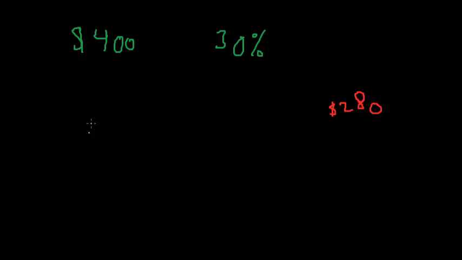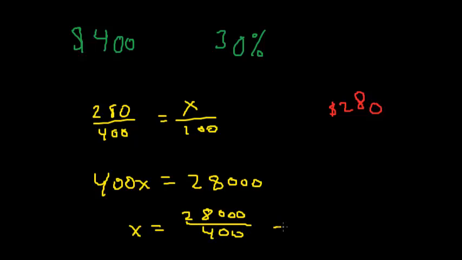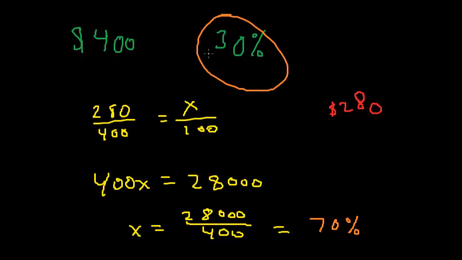But let's go ahead and confirm this. Taking my 280 is some percentage of 400, and my percent is over 100. So I calculate this out: 400x equals 28,000. So x equals 28,000 over 400. This gives me 70%. So we see here, if I am being discounted 30%, I can calculate that 30%,